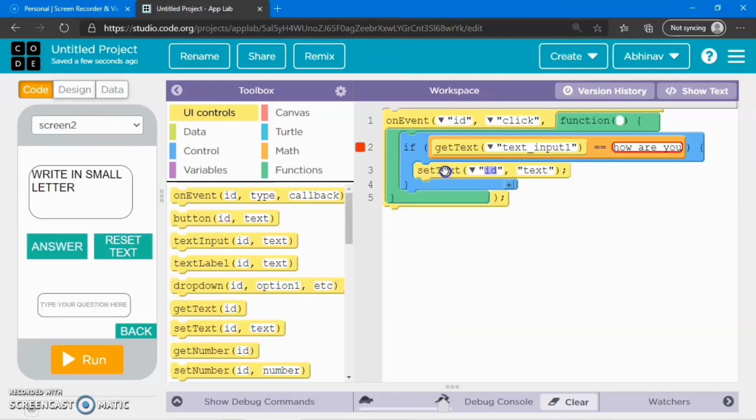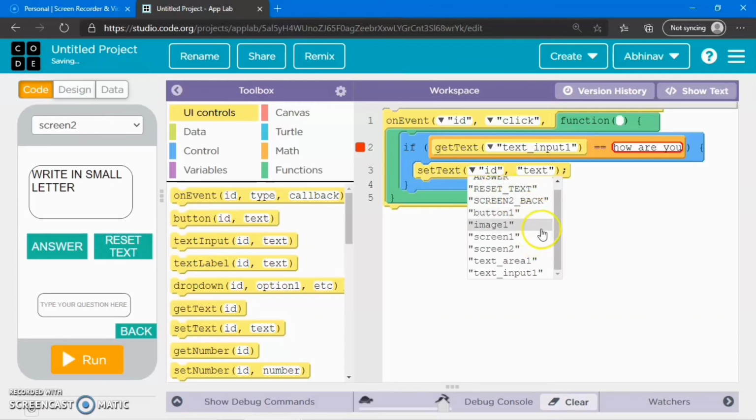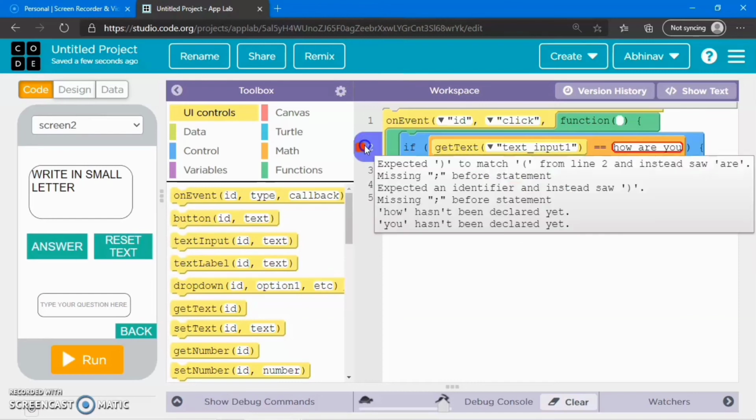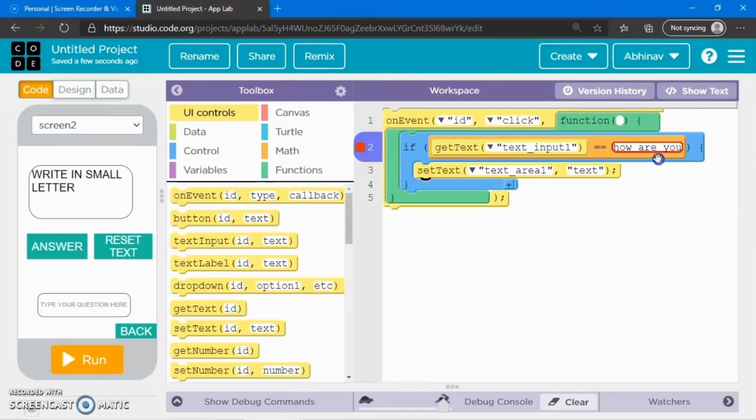Now set text ID we will change. Now we will look at text area 1. Now the text, what will the answer be. So you can add more questions also. So I'm writing it again because this is wrong. So how